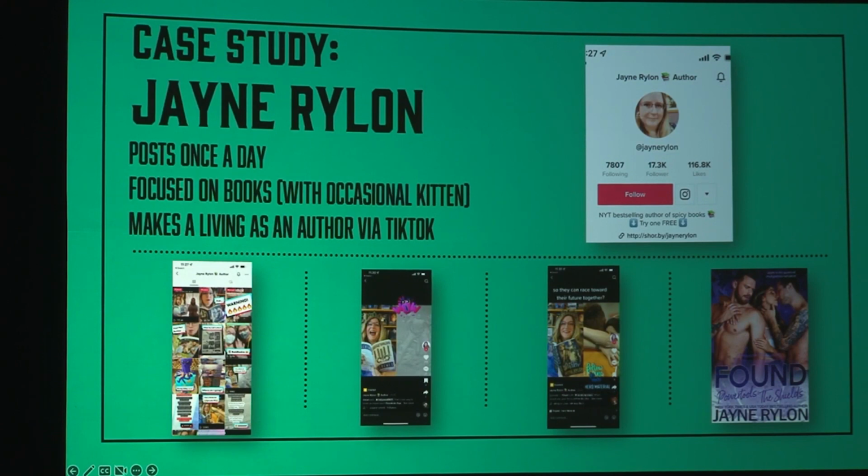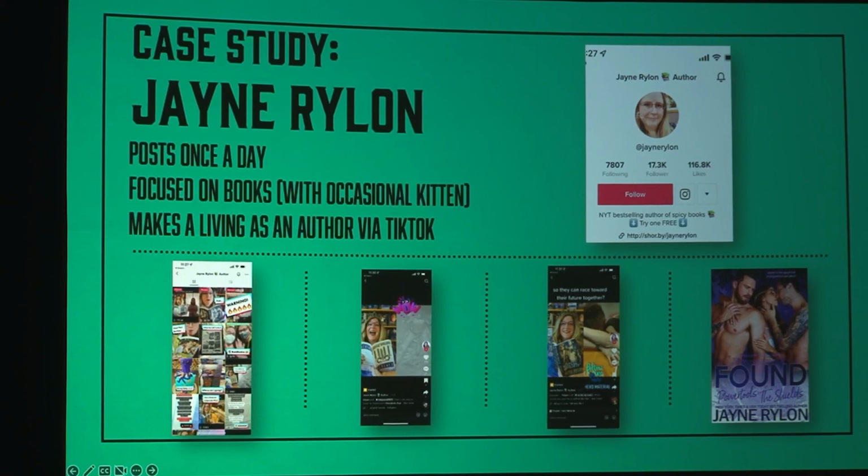She's somebody who did not want to do TikTok to start off with, and she couldn't imagine herself talking to camera. So if you go back far enough in her posts, you'll see that she has just the book cover and page flips. And she started doing stuff more and more, and she's such a natural at it now. So if you say to me, I could never be in front of camera, I'll say, well, that was where Jane was. And now she does it without thinking about it several times a day.